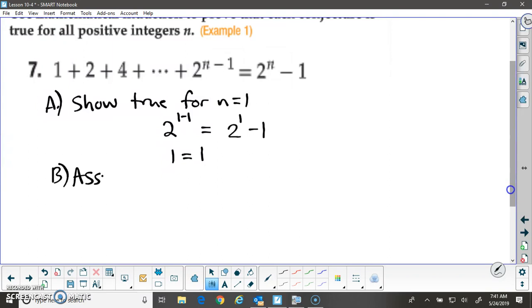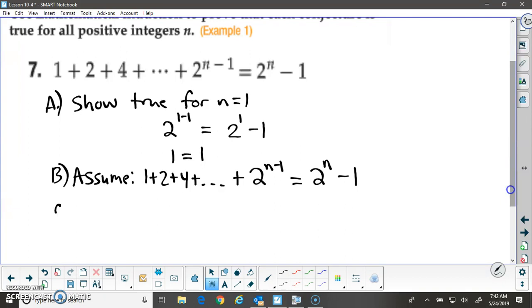Now we make an assumption. We assume that if we add up the first n terms, and the nth term is 2 to the n minus 1, that it does in fact add together to give us 2 to the n minus 1. Then we're going to try to prove